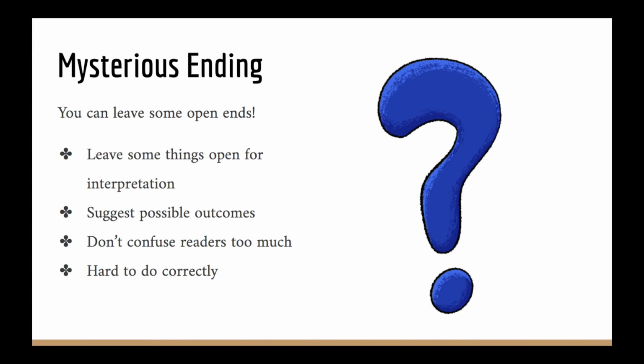The next two endings we'll talk about are pretty similar on the surface, but there are some very important differences between them. The first of these is a mysterious ending. To achieve this ending, you're going to need to already have your main conflict resolved. This is just dealing with the aftermath. And to add the mystery to this, there's some details about the ending that you might want to omit. The reader may not get to know what the characters do afterwards, or where they go, or what happens to the environment they're in after the story ends.